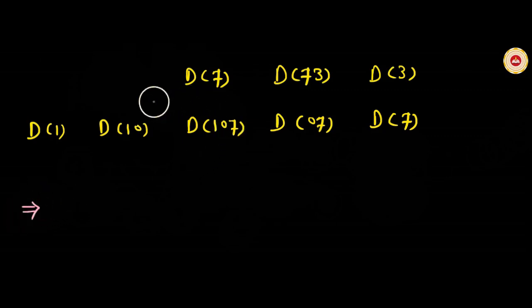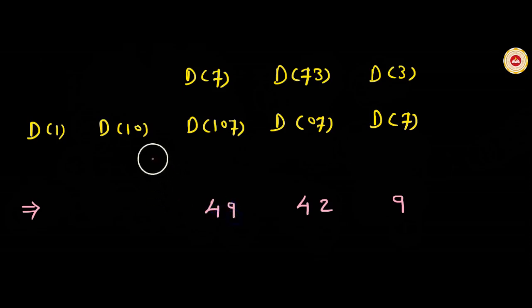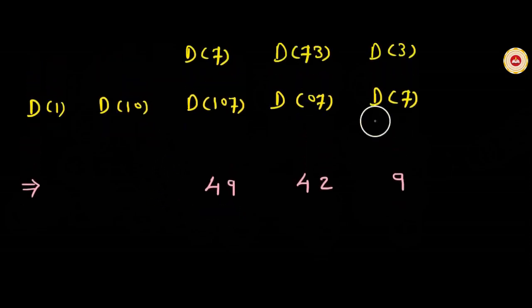Now friends, let us calculate these duplexes. Duplex of 3, 9. Duplex of 73: 2 times the product of these two digits. 7 3s are 21. 21 multiplied by 2, 42. Duplex of 7, 7 squared, 49. Now let us calculate the duplex of 7. Duplex of 7, 49. Write 49 below this 9 in the first part.